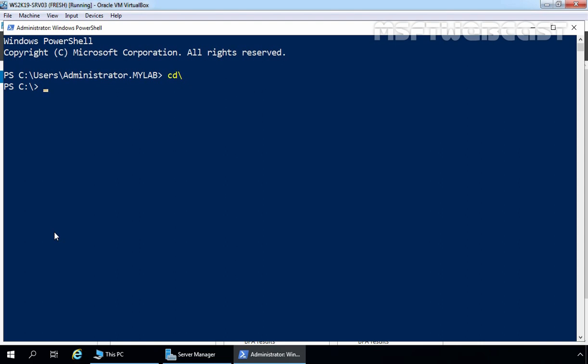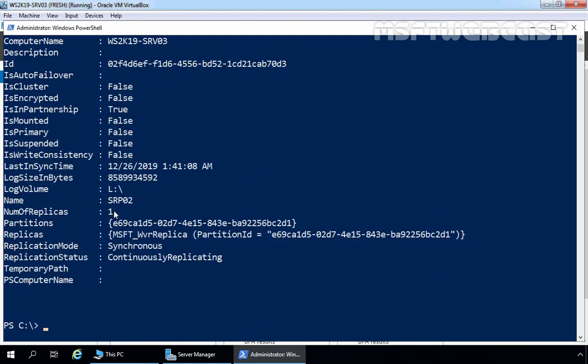Before we modify any configuration related to storage replica partnership, first we need to get the name of storage replica partnership group. And for that, I'm going to run command Get-SRGroup. Now here you can see name is SRp02 and currently SRv03 is not configured as a primary server and that we want to change. So let's run command Set-SRPartnership.